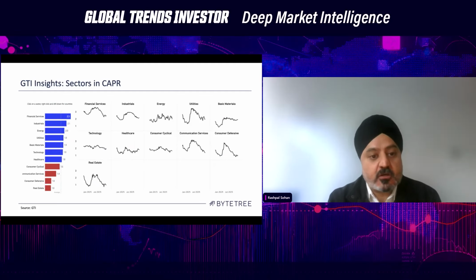Again, look at the trend charts. You can see financial services, despite being the top outperforming sector on a relative basis, has been trending lower for the last couple of months, since around July. There are very few sectors you can identify here which are trending upwards. So if you're looking to outperform the markets, it's going to be much more challenging.